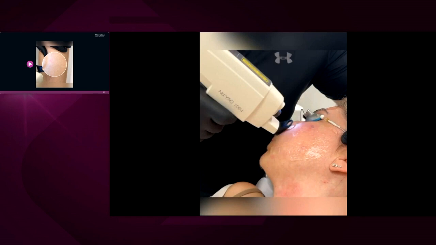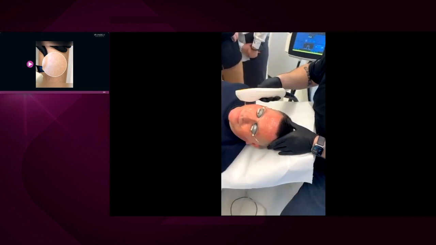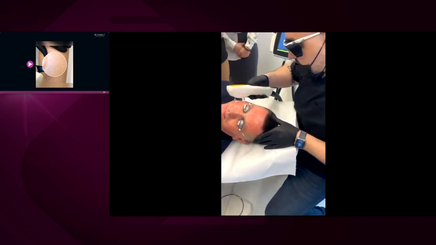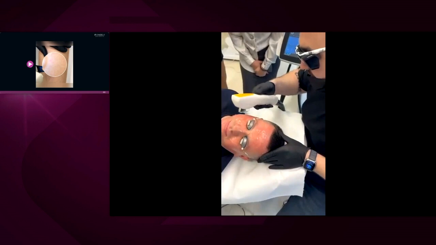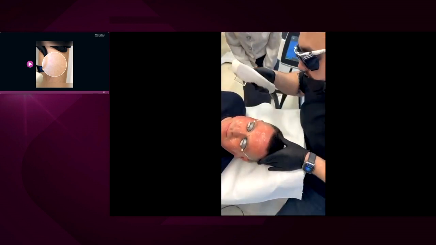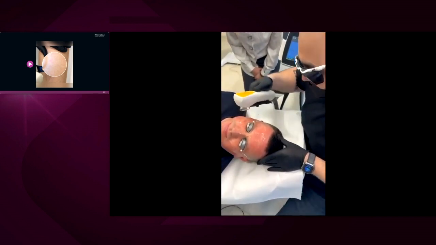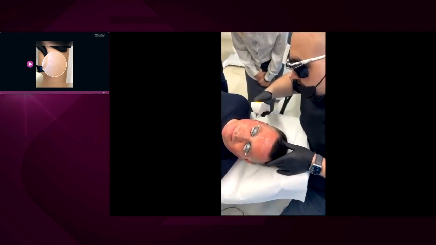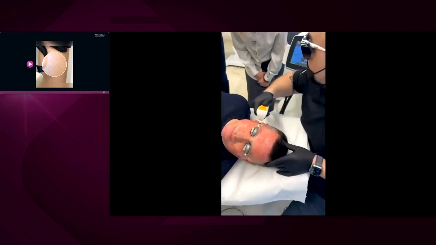We can go to the next one. Again, just one take-home message is not to press this light applicator too much into the skin, so you don't cause extravasation. You can go to the next one, please.